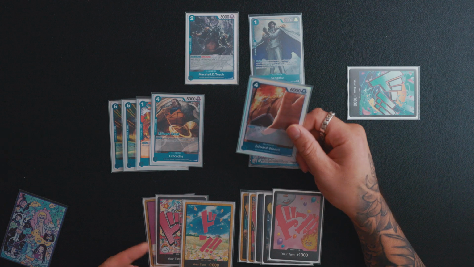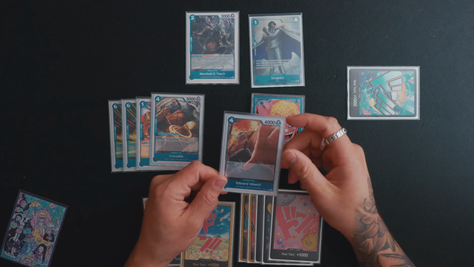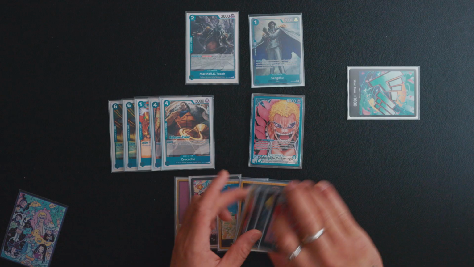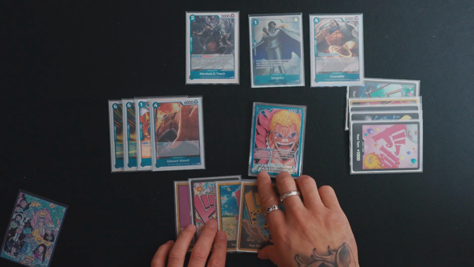That is really, really good, and that's actually something we can play off of our Teach, because I'd rather play that than play Crocodile. Let's say I would maybe rather establish 2 bodies on board while having more Dawn and maybe try to swing bigger with my leader. So what I'm actually going to do is rest 4 Dawn to play Crocodile and use Crocodile's ability where I